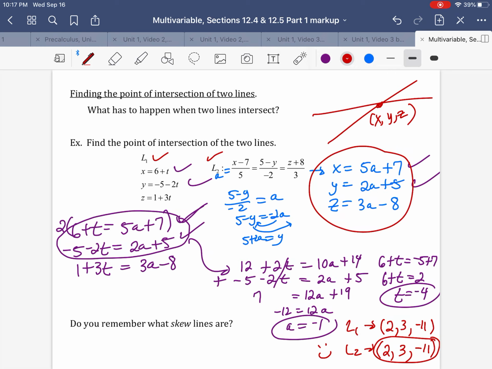So do you remember what skew lines are? Skew lines are lines that are in different planes. It's like they're lines on parallel planes. I'll show you in class also, but if you had a plane and then you had another plane that was parallel to that one, this drawing is going to be horrible, you guys. And then you had a line on this plane,